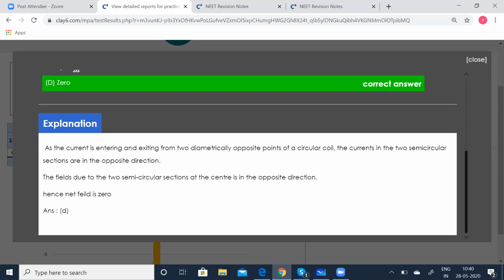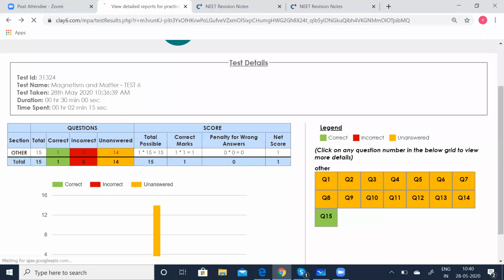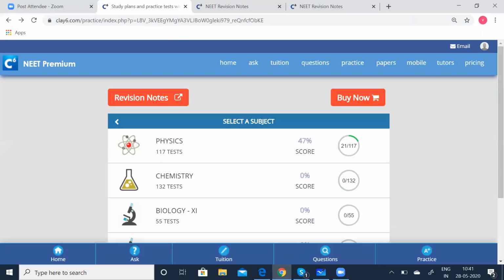Likewise, you can scroll and see the explanation part also and make sure where you went wrong, which concept. So understand the concept. We have explained the questions and the answers conceptually, and you can be thorough with the concept also. This is very, very important, children. You can as well learn from these tests. Close that, you can go back. You can take the test again and again until you are thorough with the concept.